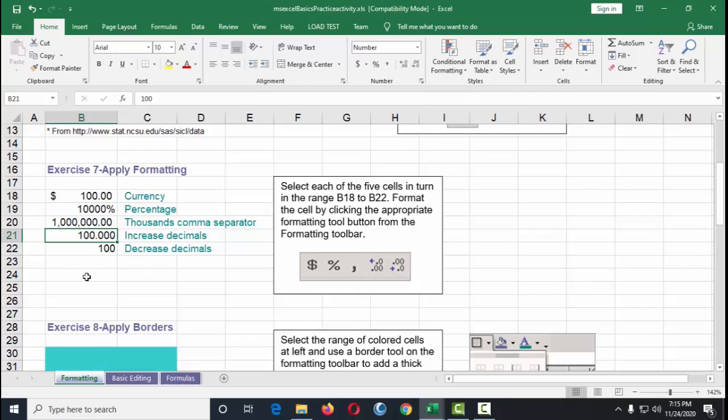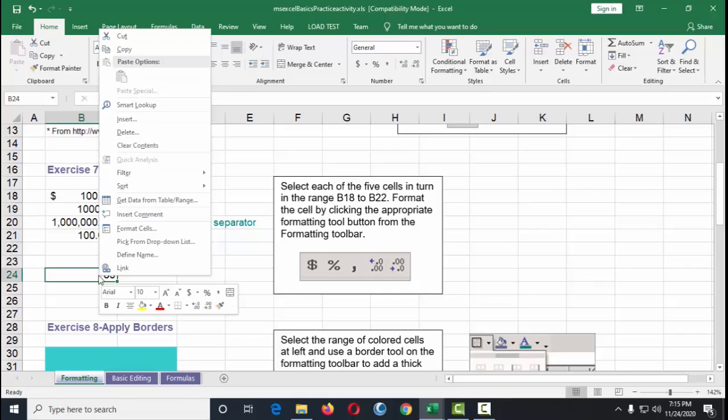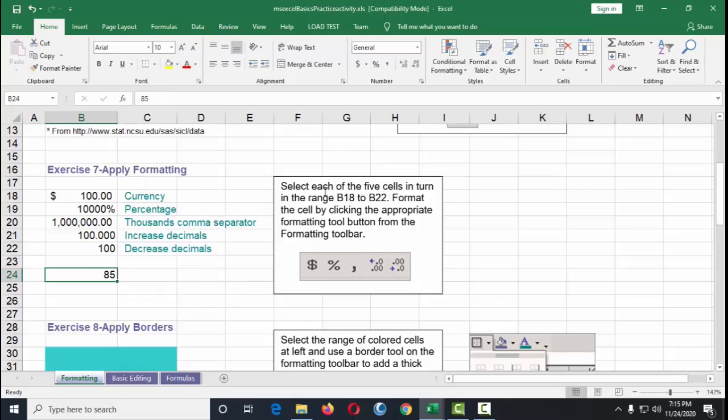Another thing I'd like for you to take note of is if it is in a particular format, let's say for example 85, that's just a number, and then you turn it into a percentage. So I'll go to format cells.